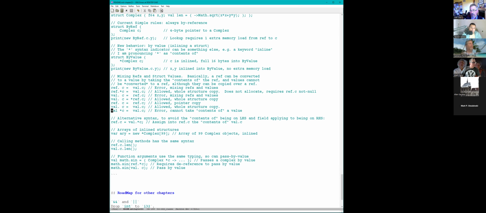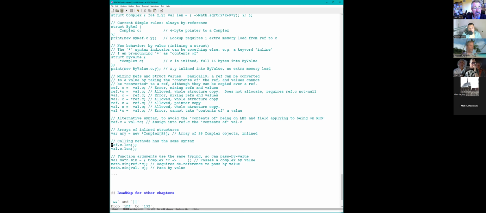And there's no notion of a contents of a value. It doesn't have a reference. There's no contents of. And we went back and forth on the syntax here. Here I make an array of contents of complexes. So inline complex objects, no overhead for object headers or anything. I know from the type of the array that it's just full of complex objects, which is just X, Y pairs back to back.